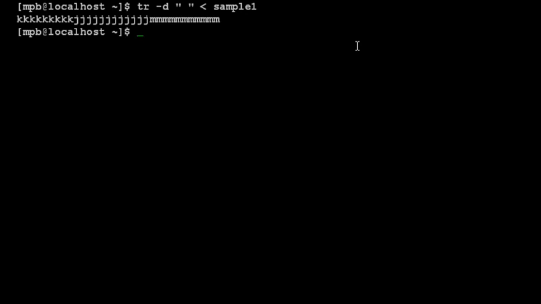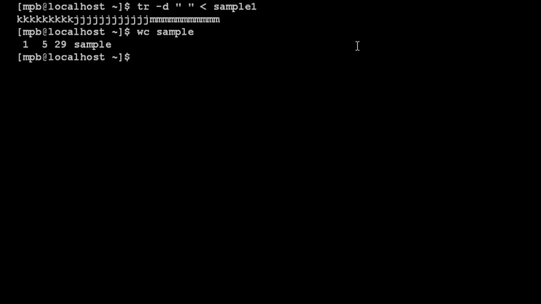Now we will move to the next command, and that is wc. wc stands for word count, whereas tr stands for translate. wc is used to count number of words, number of lines, number of characters from the file. So we will just use wc without any option, and then we will go for all the options. wc, and here I am giving the file sample, and when I press enter, it will specify me number of lines, number of words, and number of characters, and the name of file. So this is the first use.